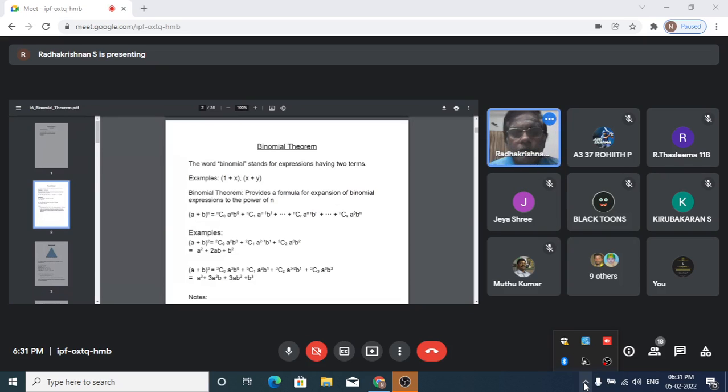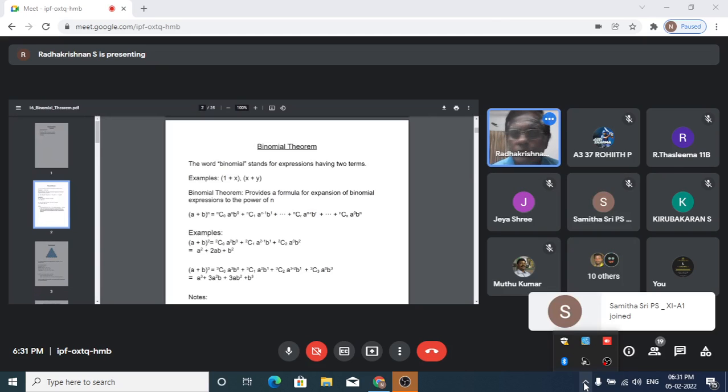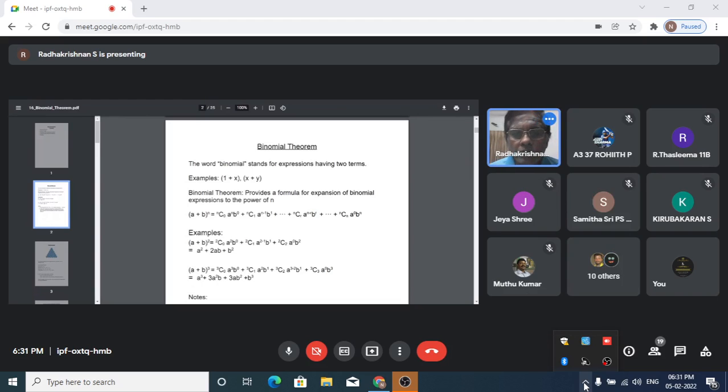So this is a binomial theorem. So we are able to see the screen இல்லையா எல்லாரும்? So the binomial அப்படினாலே ரெண்டு terms அப்படின்னு அர்த்தம். So binomial means two terms, right? So example 1 plus x, x plus y, இதெல்லாம் binomial expressions or binomial terms. So binomial theorem அப்படிங்கிறது இந்த மாதிரி இருக்கிற ரெண்டு term இருக்கிற binomial expression